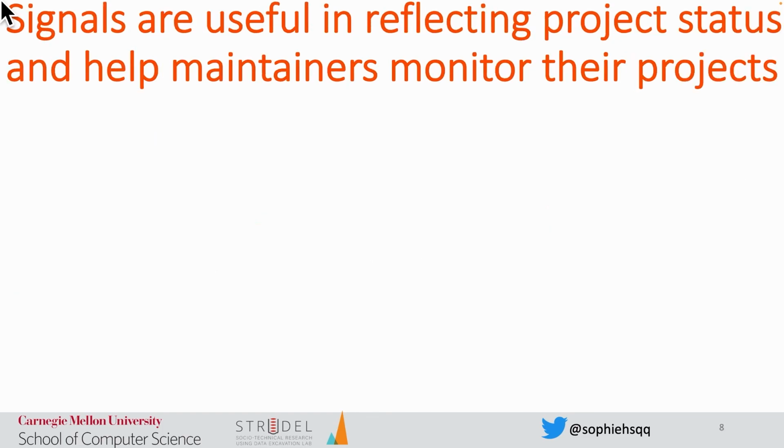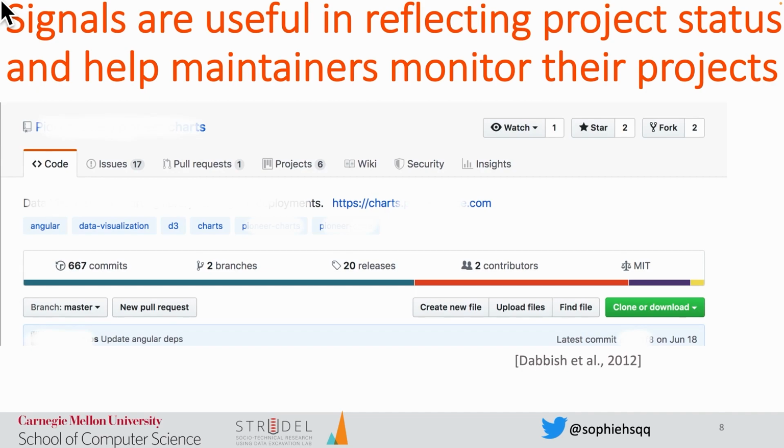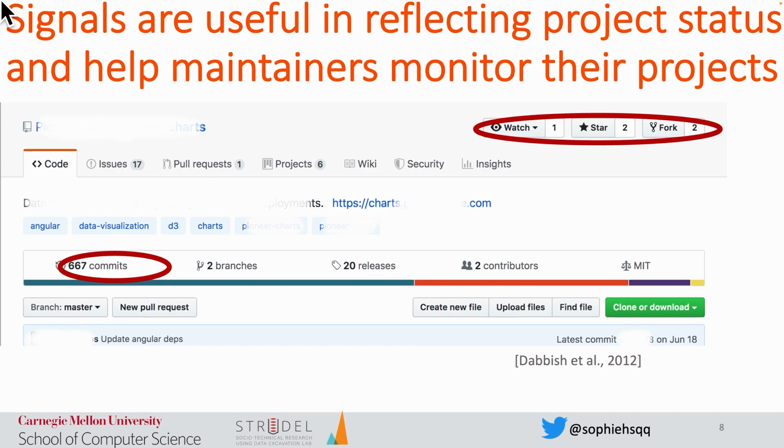Our study is inspired by the signaling theory. Signaling theory describes how a receiver who has less information on a signaler assesses the signaler's property based on visible cues. This is very relevant in the context of social coding platforms such as GitHub, that hosts many open source software. This is a screenshot of a GitHub repository. We can infer this project's popularity, amount of activity, the most recent activity, and many other information about this project.